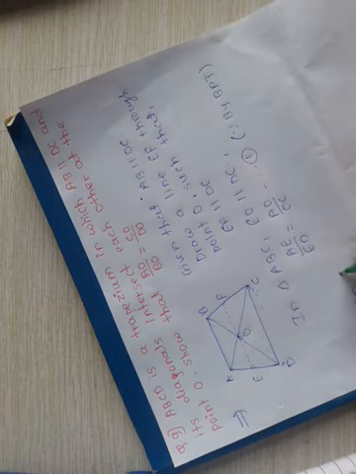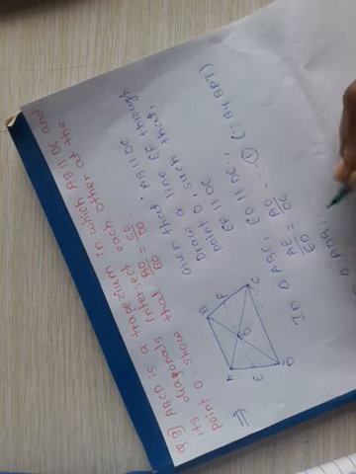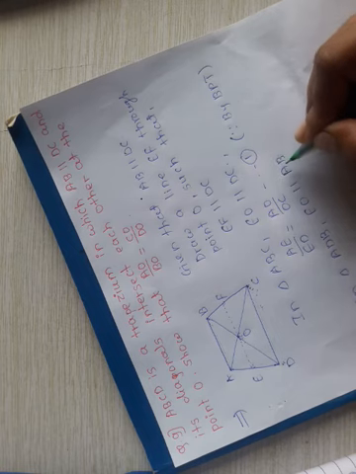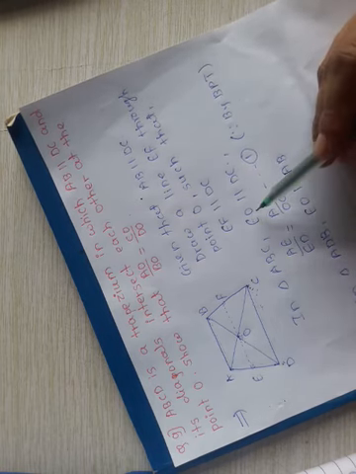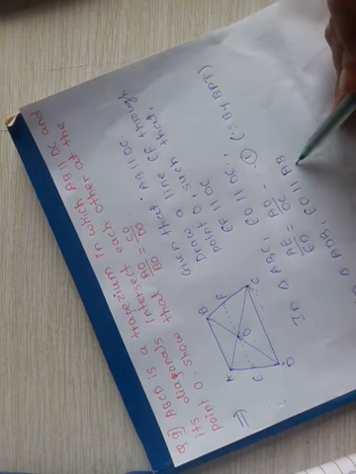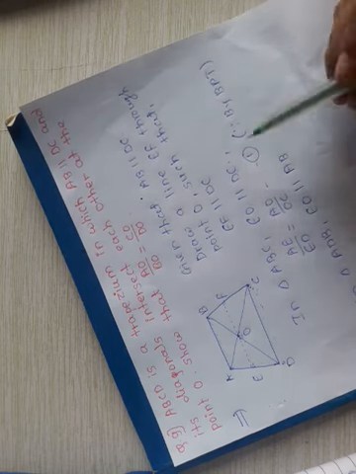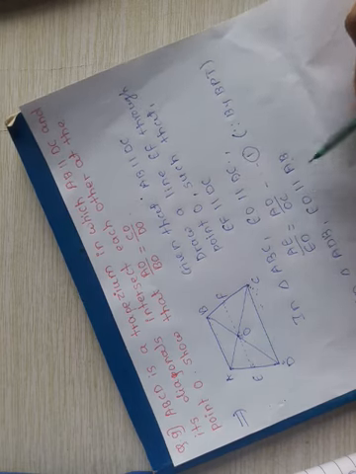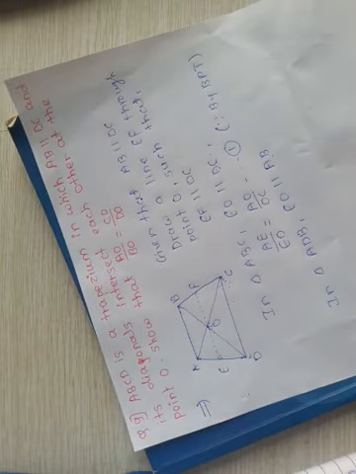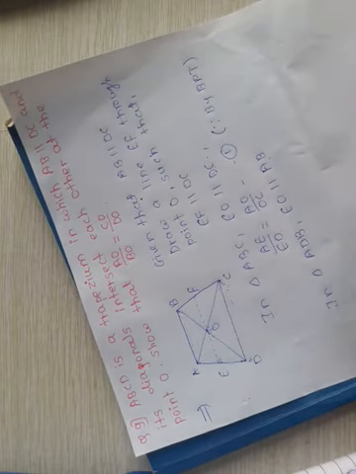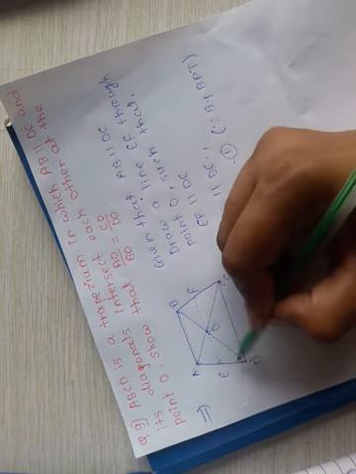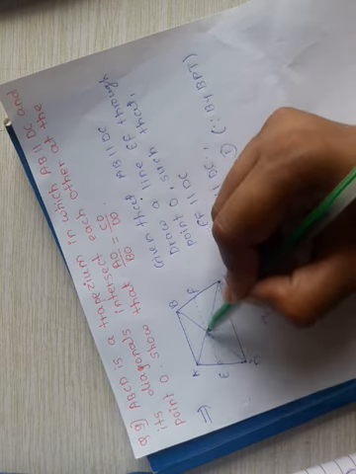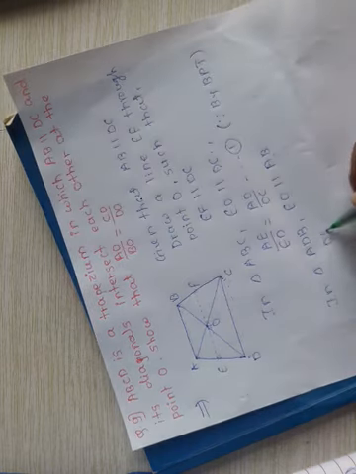So now take triangle ADB. Again this EO is parallel to AB. Why are we taking this EO parallel to AB? If EO is parallel to DC, then we can say that EO is also parallel to AB, because AB is parallel to DC, so these two sides are parallel to each other. So EO parallel to AB, and therefore again by BPT we can say that the ratios of this triangle ADB, we have to start from this D point, DAB, because this line EO is parallel to AB, so the ratios are DO upon OB.